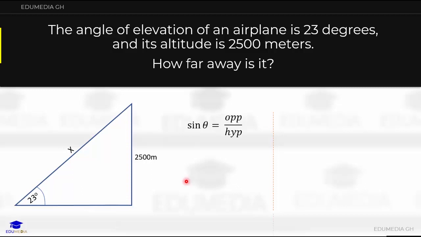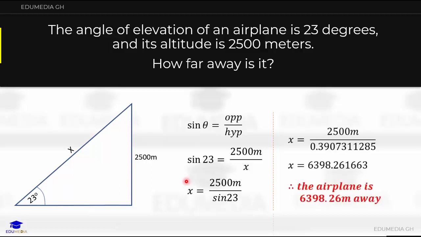We have that there. But what we are looking for is the hypotenuse, so we indicate that with x. Substituting these values into the formula, we have something like this: sine 23 equals 2500 meters divided by x. Doing a cross multiplication and the division, we are able to get x equals 2500 meters divided by sine 23. If you go ahead and find the sine of 23 using a calculator, we have